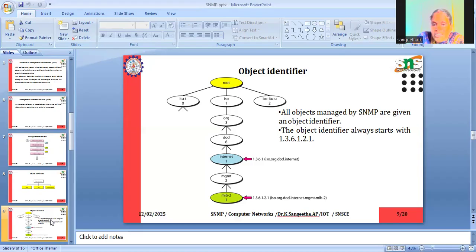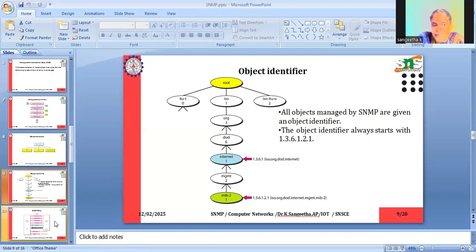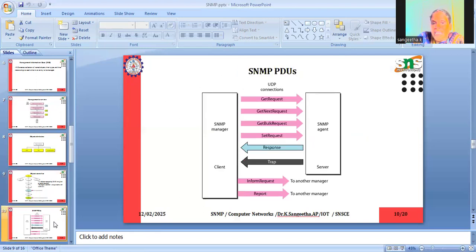Each level of the hierarchy has a management unit. All the objects managed by SNMP are given here. The object identifier always starts with 1.3.6.1.2.1, like this.